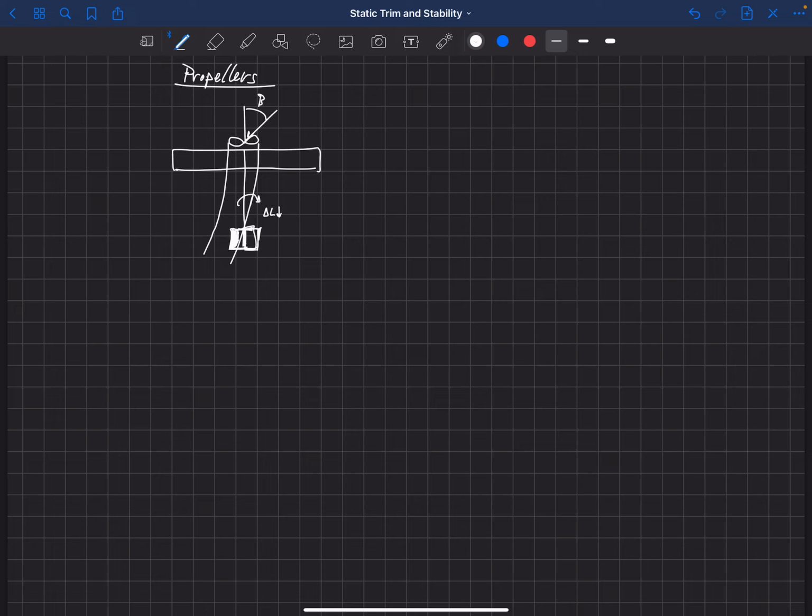So I'll just draw that in here. So we'll get a positive rolling moment with positive beta. And so that's a destabilizing effect just from that slipstream shifting to dominate one side of the horizontal stabilizer instead of the other. And basically we're losing dynamic pressure on a portion of our horizontal. And so that's a destabilizing effect.